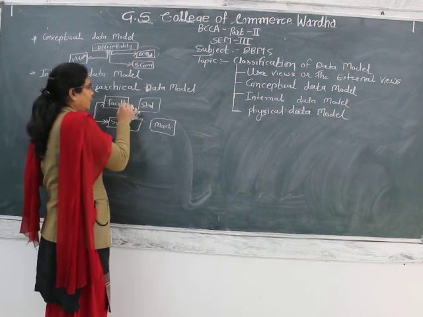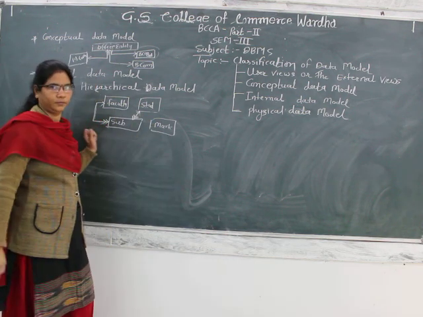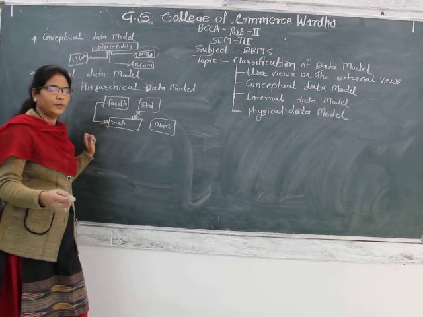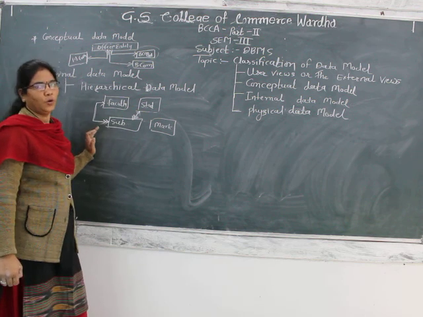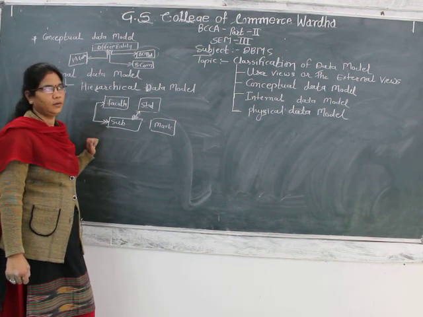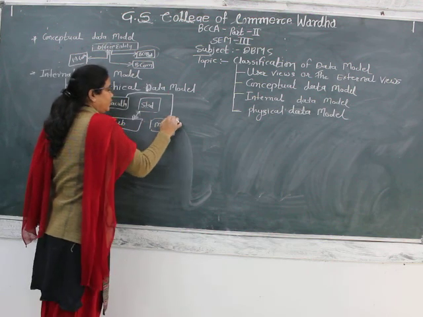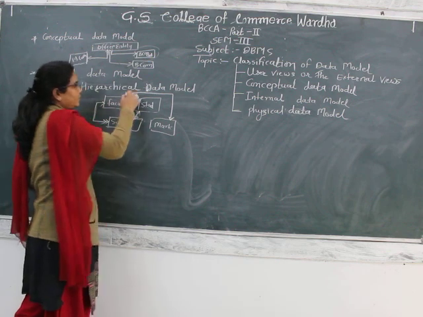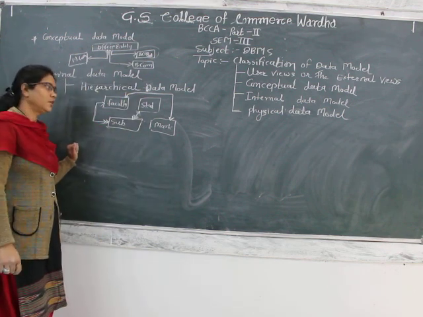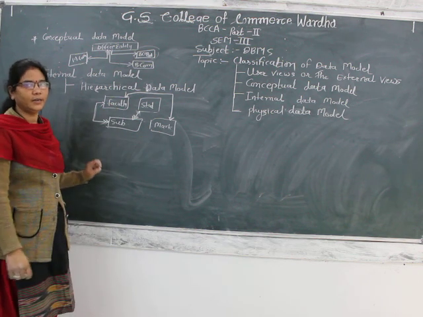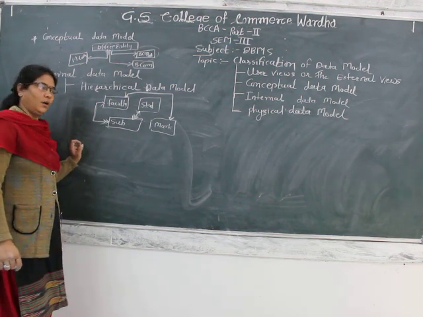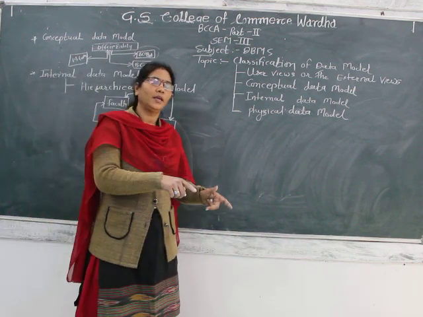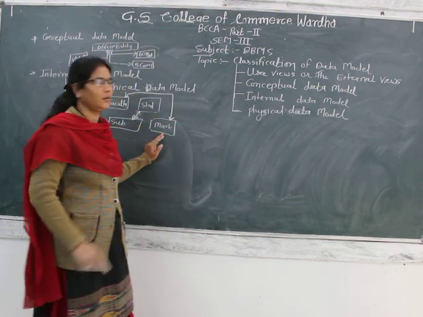Okay, then faculty and marks. Consider the faculty entity and marks. So what should be the relation between those two entities? 1:1 or 1:many? Tell me. One faculty gives the marks of one subject only. That means this is nothing but the relation or association between the faculty and marks entity. It is 1:1. If I have two subjects of your class, then and then only I will give the marks of two subjects in the marks entity.